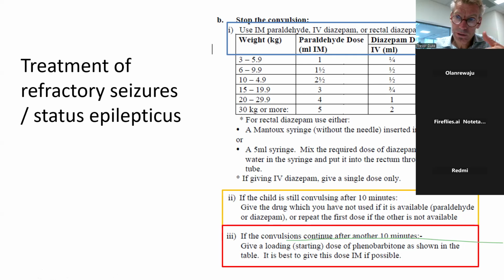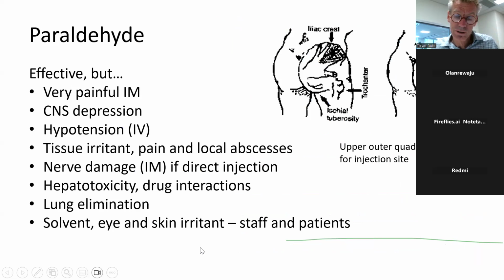And the time difference is typically 10 minutes between the three. So if a child's been seizing for 30 minutes, then they should be receiving their loading dose of phenobarbital by that stage after having their airway, breathing, and circulation supported. Now,